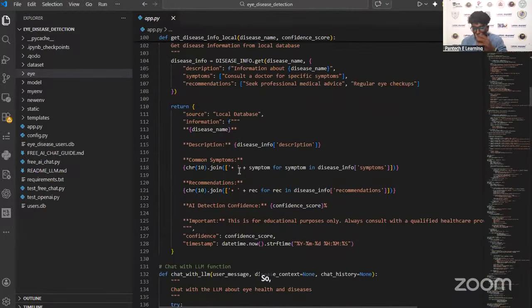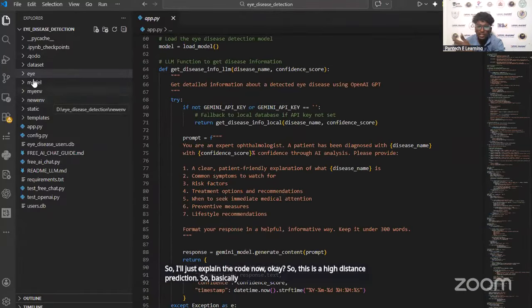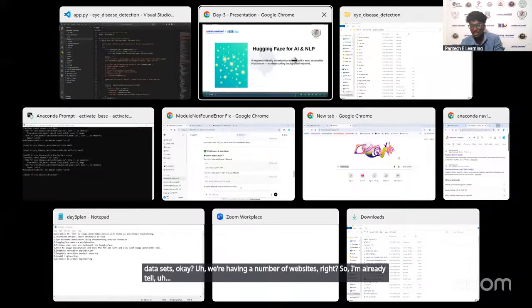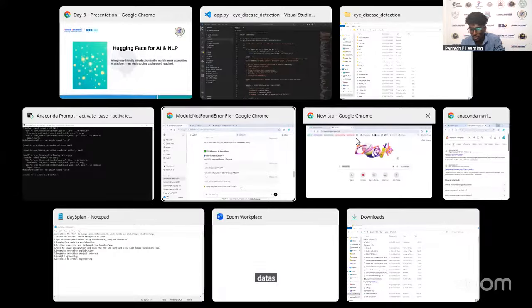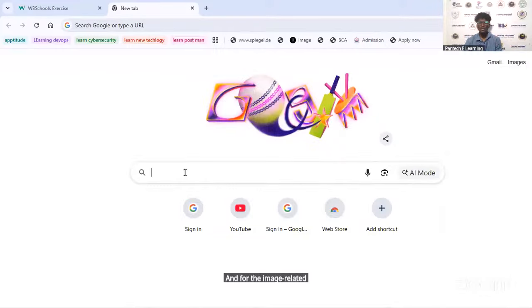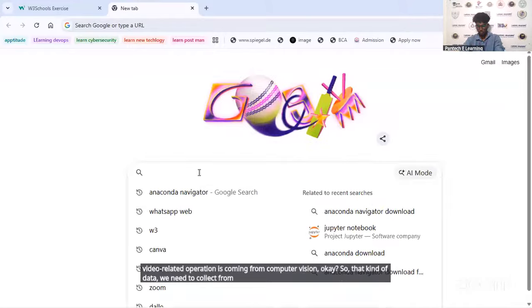So I will explain the code now. This is an eye disease prediction project. Basically, we collect datasets. We have a number of websites, right? I already told you about Kaggle, which is one of the dataset websites. For image-related data, the computer vision, I already told you that camera-related, image-related and video-related operations come from computer vision. That kind of data we need to collect from a website called